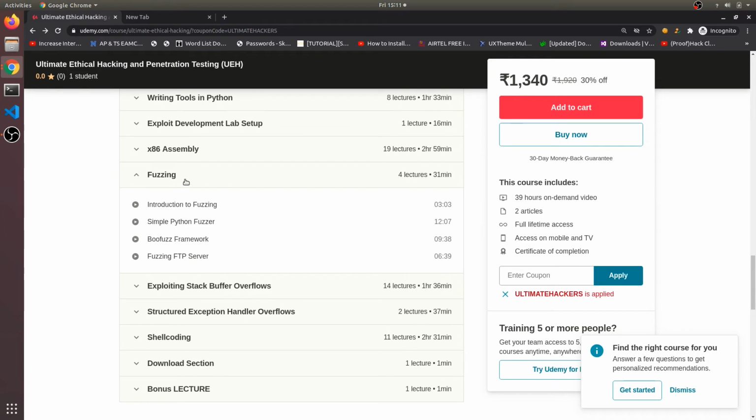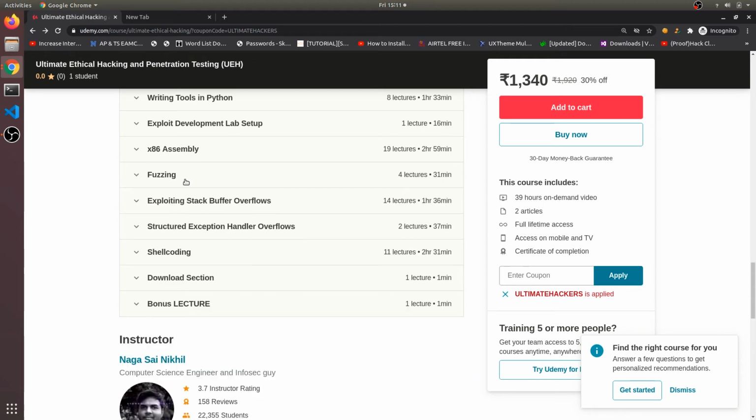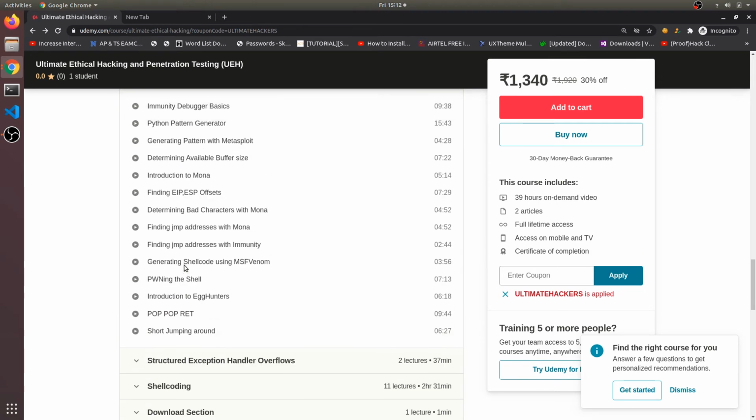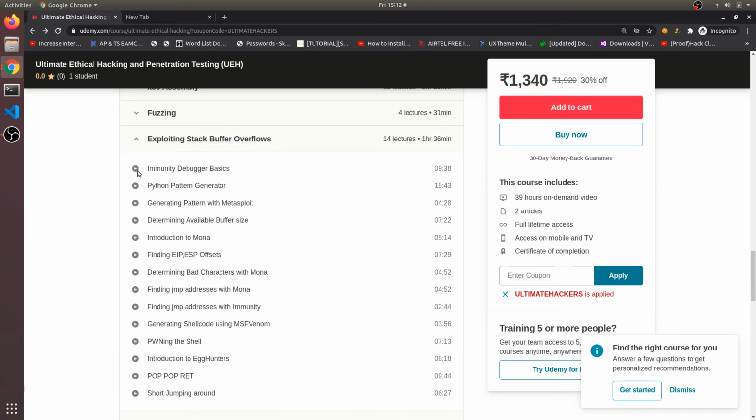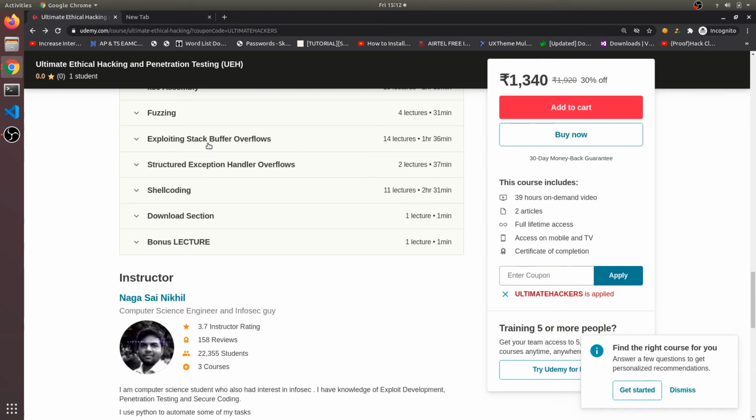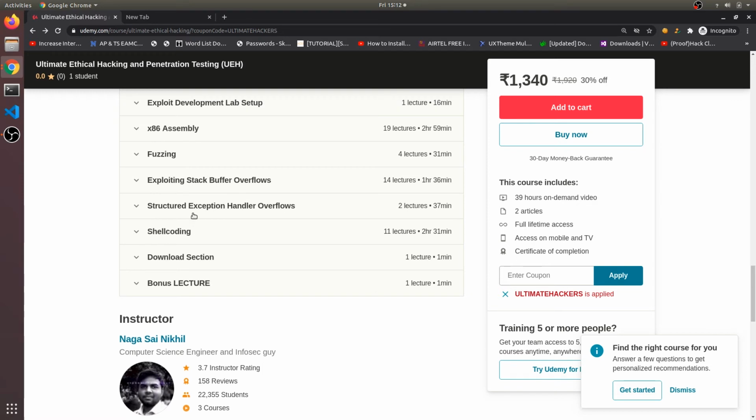Fuzzing is black box testing, used to send various inputs and see whether the application handles that input or not. And then we will see exploiting stack buffer overflows. You can see a lot of it goes beyond OSCP. If you are preparing for OSCP, this is perfect. And if you learn all these concepts and do some practice, then you will almost excel at